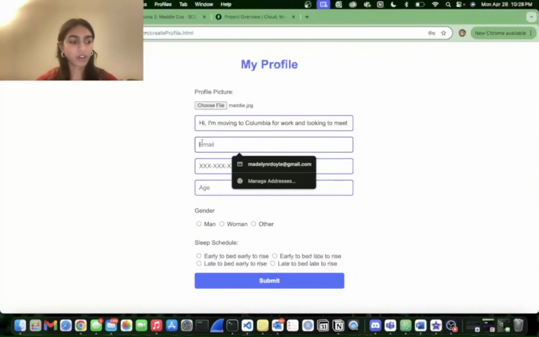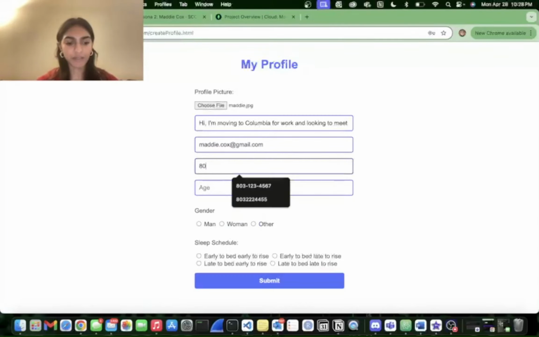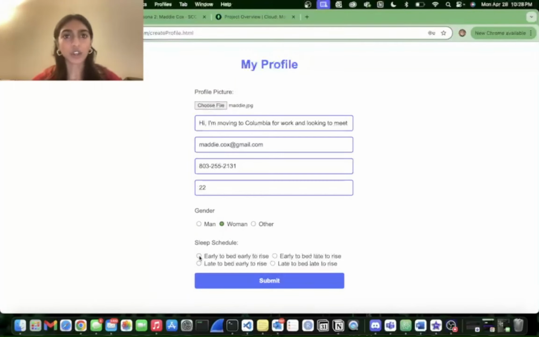and then moving on to entering an email to be contacted through, as well as entering a phone number to be saved, and your age. You can specify your gender as well as what your sleep schedule is. For Maddie, we're going to be entering early to bed and early to rise. Now you can proceed by